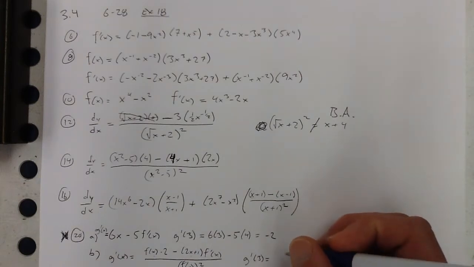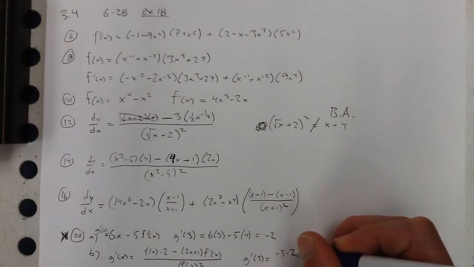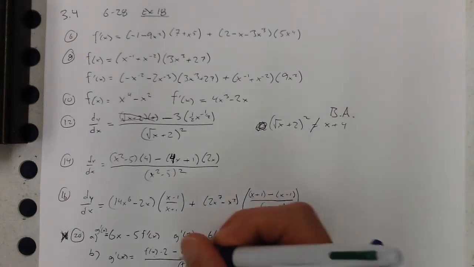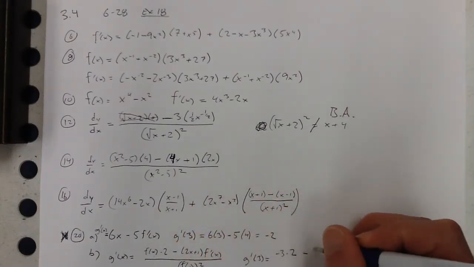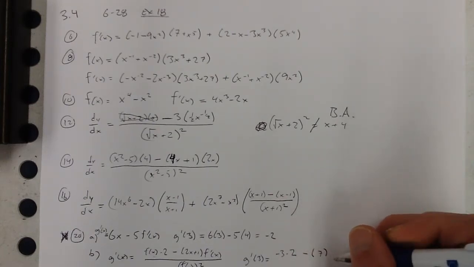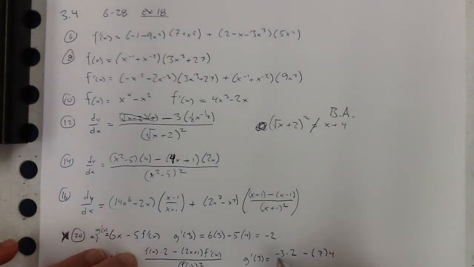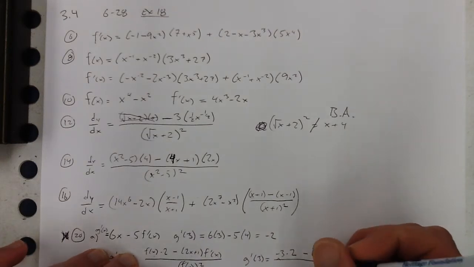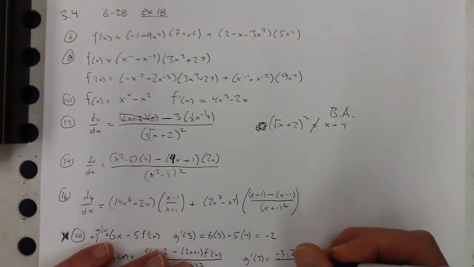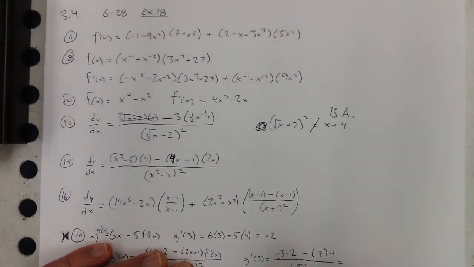So f of 3 is negative 2 times 2 minus 2x plus 1, that's 7. And then f prime of x, f prime of 3 is 4. And then f of x, f of 3 is negative 2 squared. All right, so let's see where we're at here. I got negative 6 minus 28,